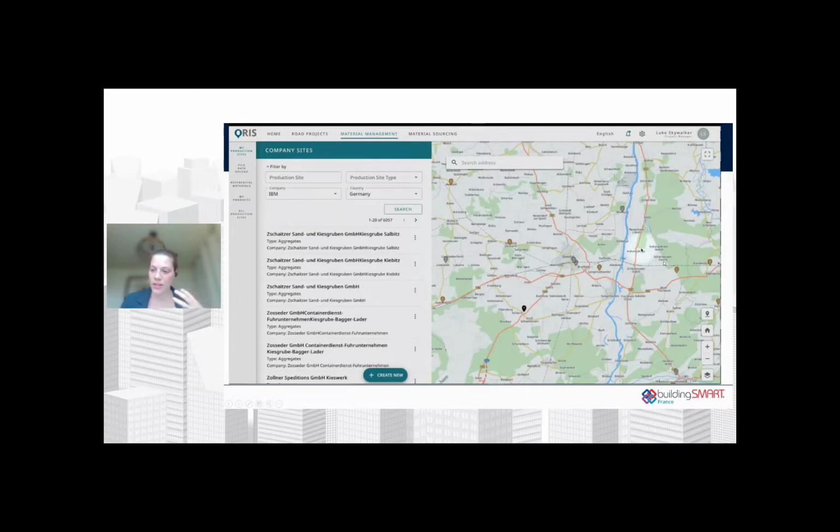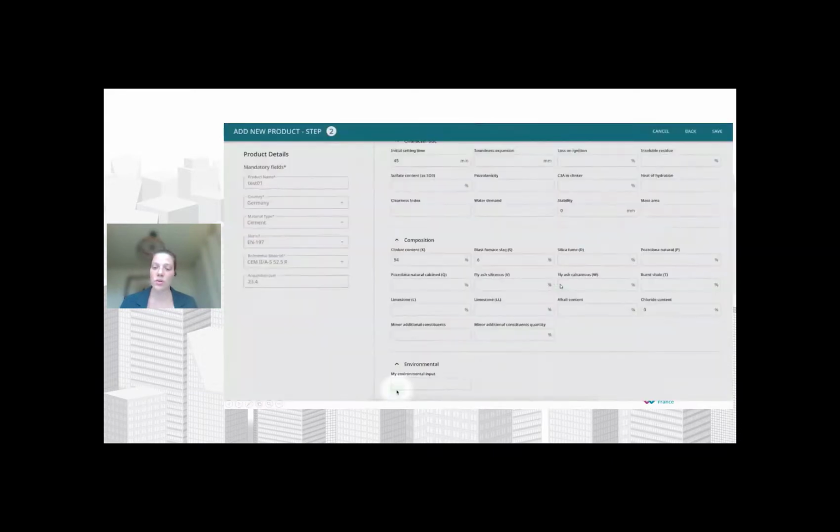You remember I took the example of material for the technical parameter, material for how they evolve in time with operation, and now material, how they are constituted, and what is their carbon impact. So here you can see around your project all the production centers with different materials available that you can use to build your road.